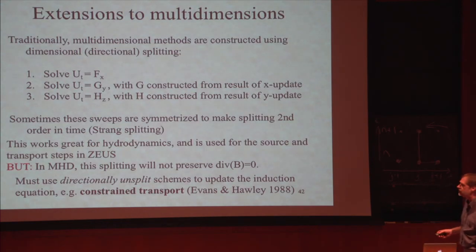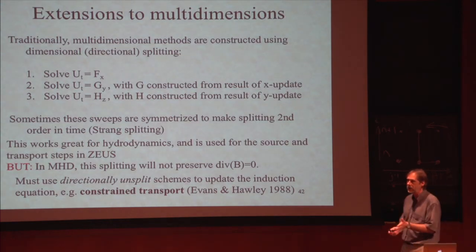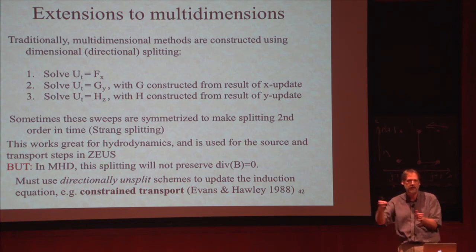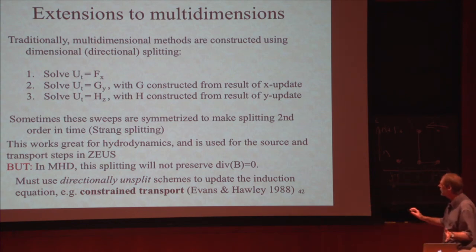If you want to do multi-dimensions, the method I've described is strictly 1D. You're solving a 1D Riemann problem at every face to get the fluxes in 1D. Typically, what people have done is something called directional splitting. You solve the equations in the x direction using a one-dimensional approximation, and then you use that partially updated solution